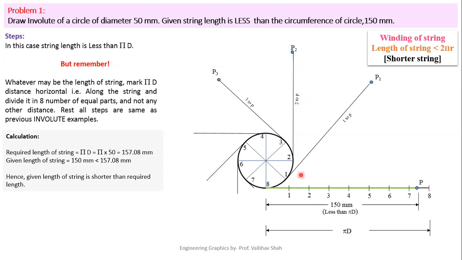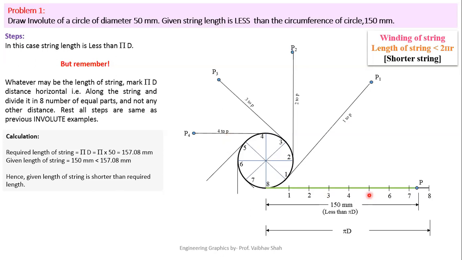Next, while you are at the point 3, you will be taking the 3 till P point distance on your rounder. Put your rounder at point 3 and try to plot this distance 3 to P. You will be having P3. For point 4, you will be taking the distance from 4 to P on your rounder. Put your rounder at point number 4 on the circle and try to cut this line. You will be having this point P4. The distance is 4 to P.